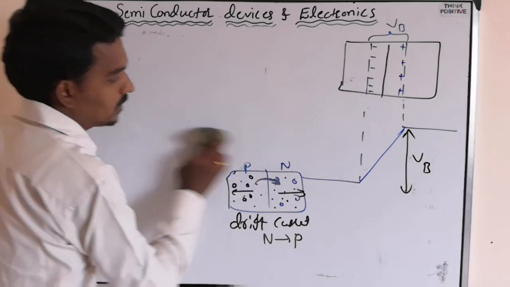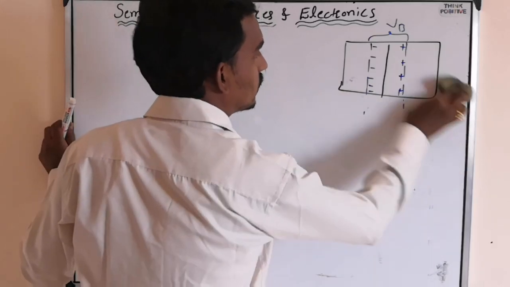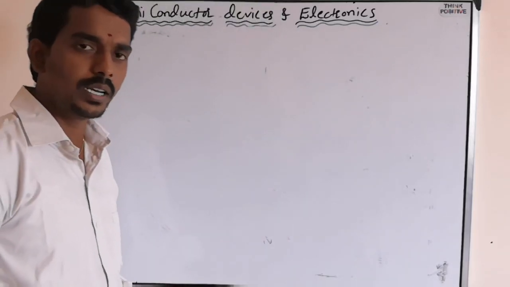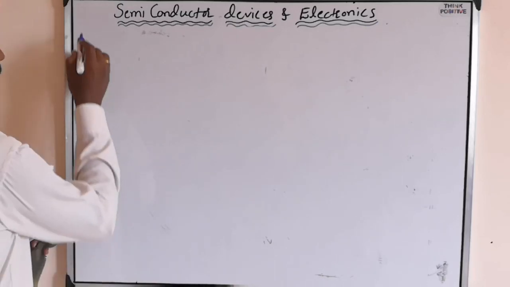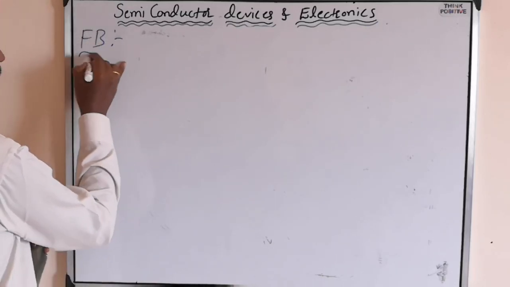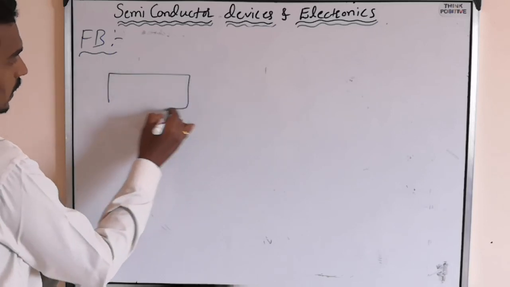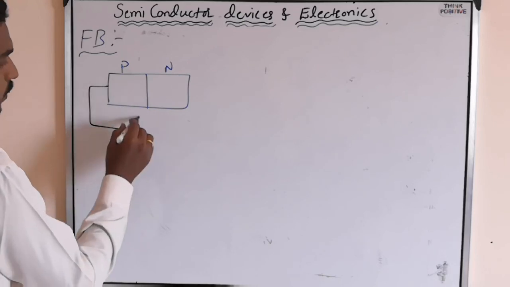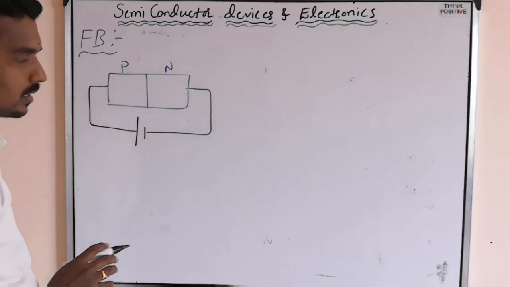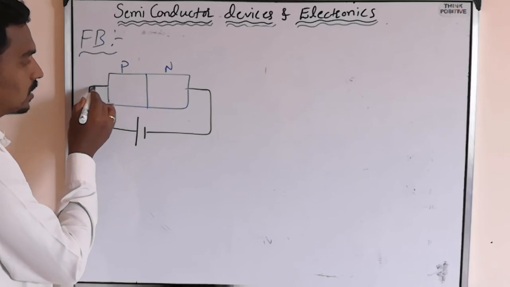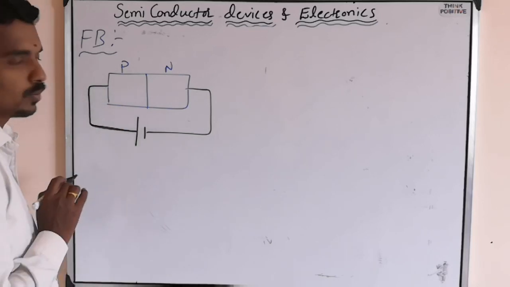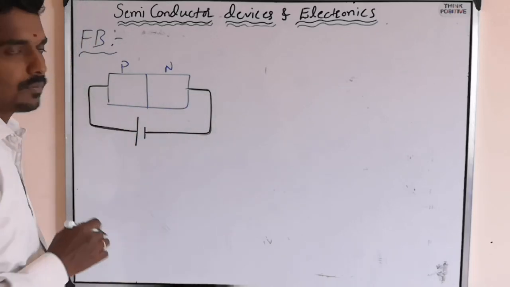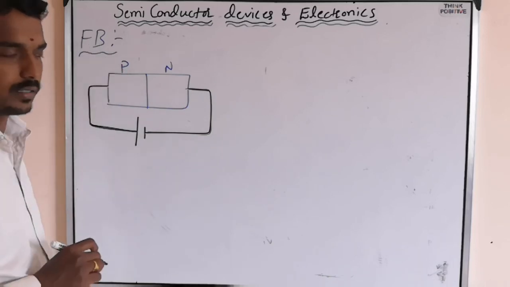First, let us study forward bias, because here we concluded there are two types of currents, diffusion and drift. First let's take forward bias. Consider a PN junction. This is P, this is N. Now you connect it to a battery such that, as I said in the last class, P-type should be connected to positive and N-type should be connected to negative. This type of mode we call forward bias.